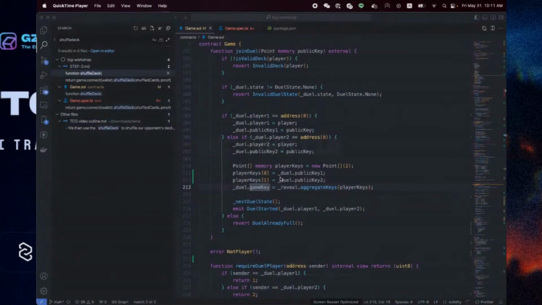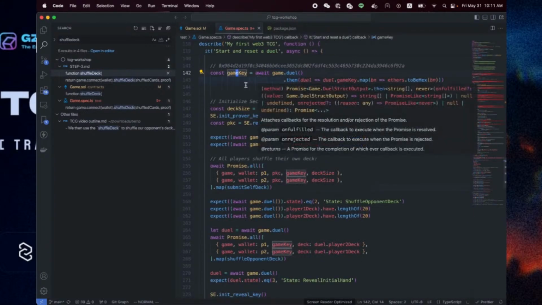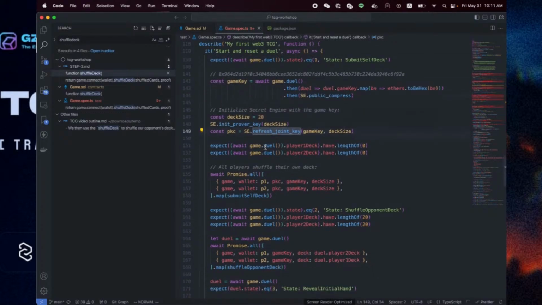All right, so in our next session, we have set up and created our duel game key. We can now move off chain to our script and fetch the game key. Once we do that, we can work with Secret Engine in order to set up the key. And once we do that, we need to have each of our players shuffle and submit their deck on